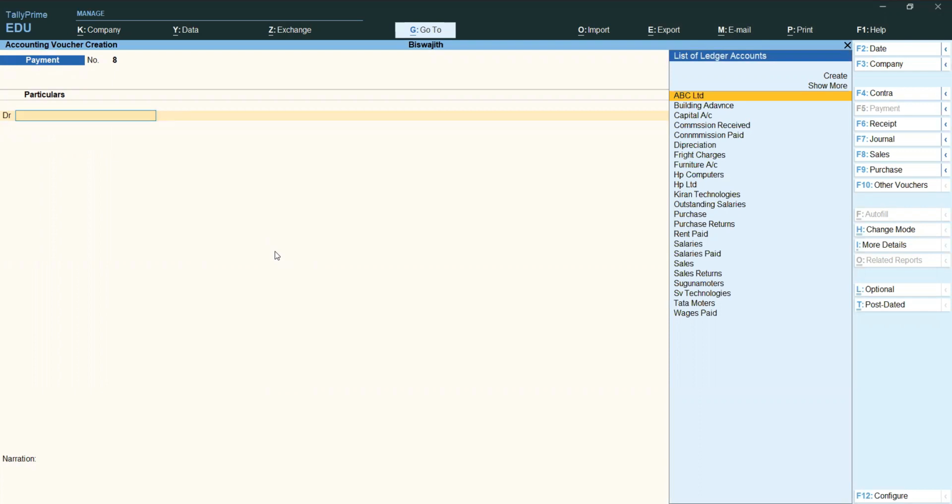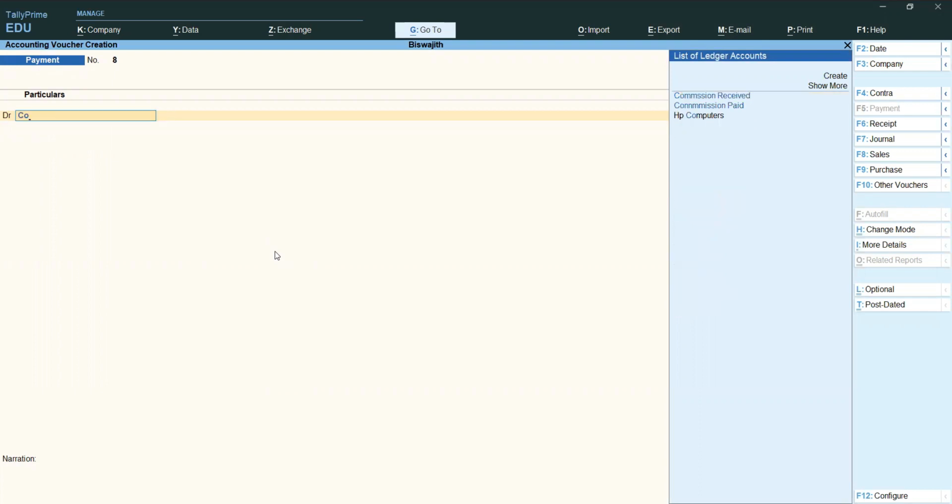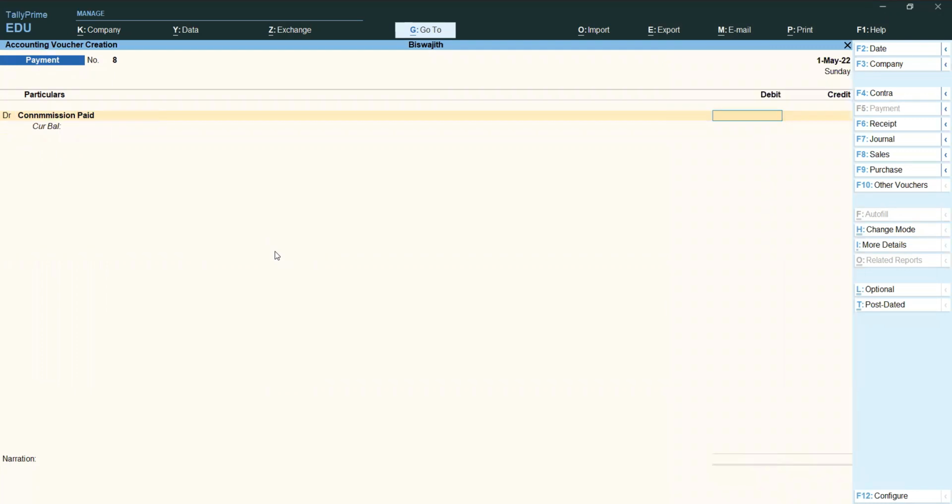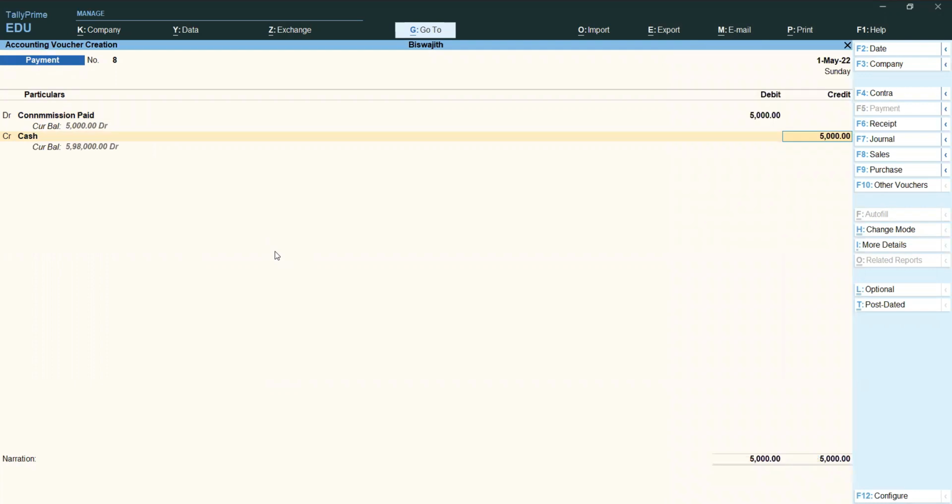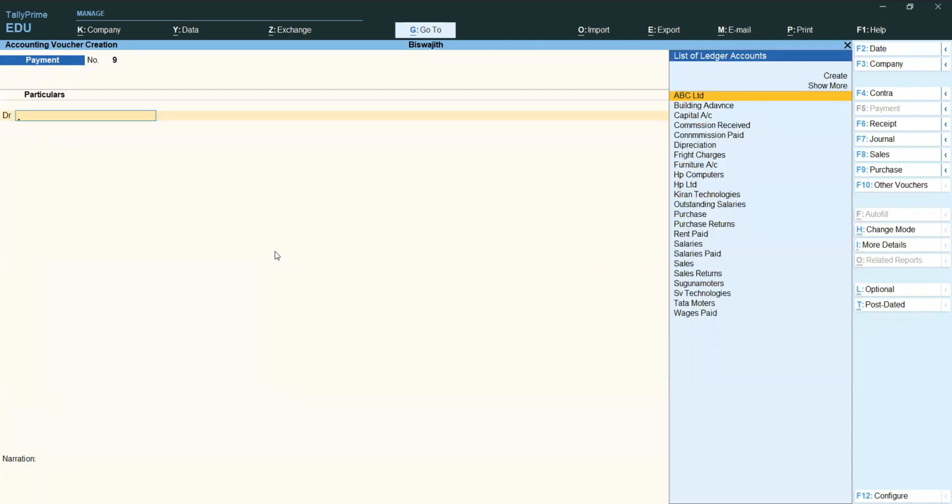Next one. So what we have? Commission paid we have. Commission paid by cash. 5,000 rupees commission paid by cash. So like this. Next, we purchased goods from HV Technologies and Tata Motors. No. Today I am paying cash to those suppliers. For example,